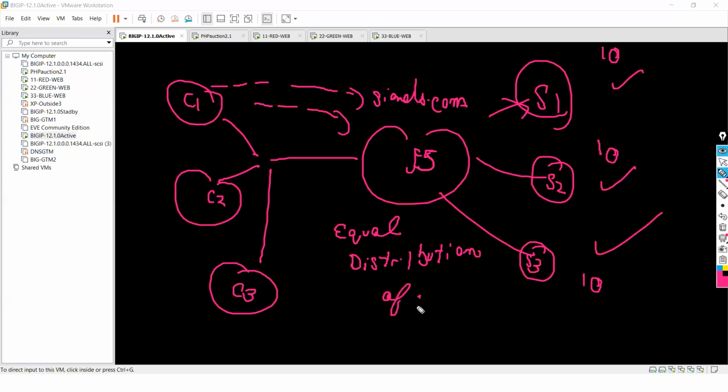But my question is, who will decide in F5 that this client request should go to server 1, and this client request, if he wants to connect to sianets.com, should go to server 3? That is where a very important concept comes in: the load balancing algorithm.